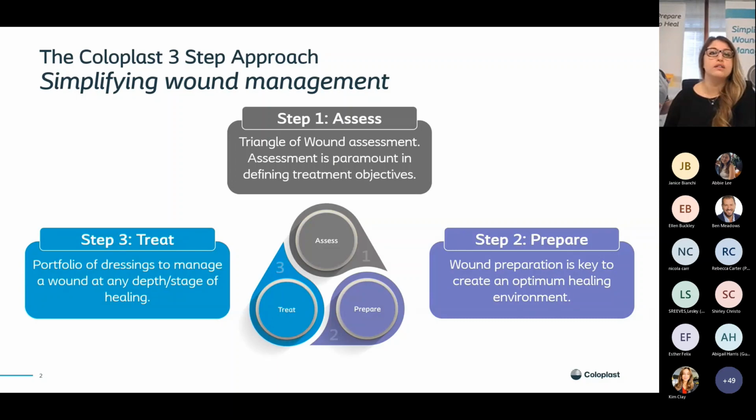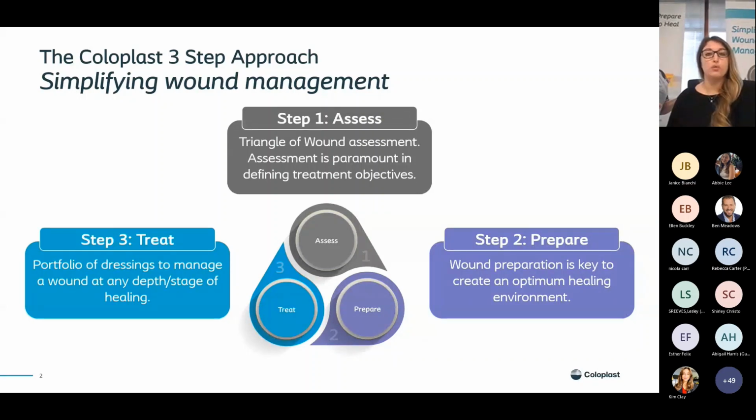So here at Coloplast, we've got a three-step approach to simplifying wound management. We need to try and make wound management simple. It can be a very complex thing, but if we remember these 3 steps, this will help. So we're going to look today at assessment. We need to do a really robust, holistic assessment of our whole patient to make sure that we know what is going on with them, what is going on with their other conditions, and how we can best manage